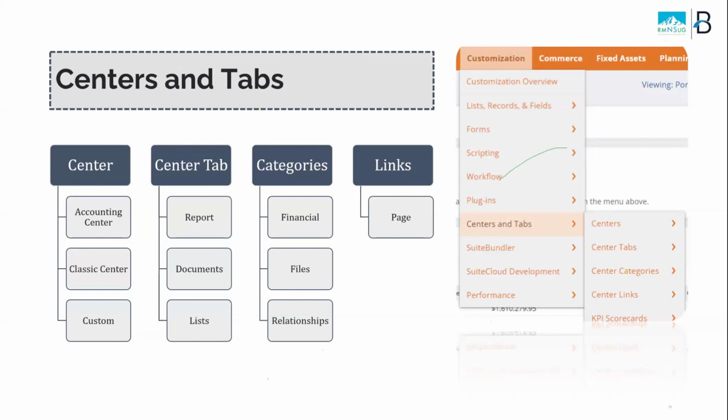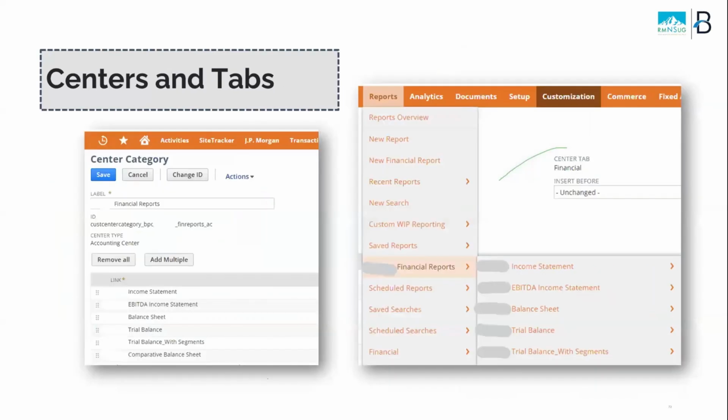For example, reports, documents, and lists are from the Classic Center. Beyond that, if you hover over, in the screenshot, customization is the tab, everything below that is the category, and the next one would be the page or the link that actually gets you to the record. With this, you can make custom categories and add links to support users. One place we often suggest this is for customized reports. If you have, say, 10 reports that the team should always leverage, you can make a custom tab